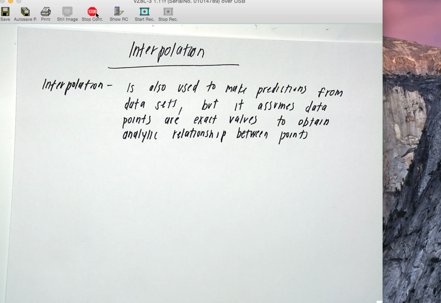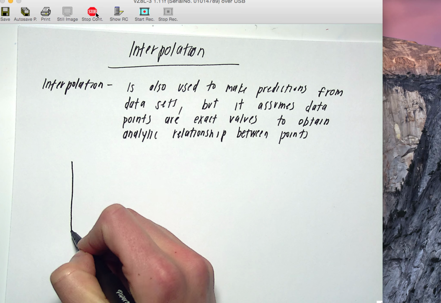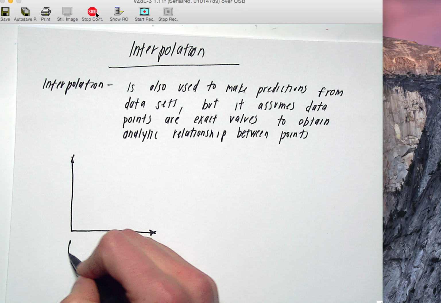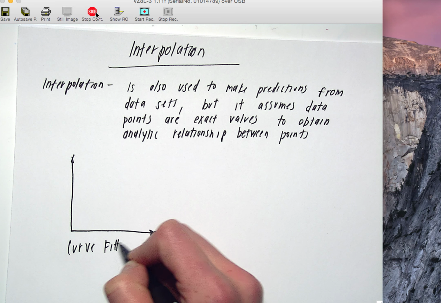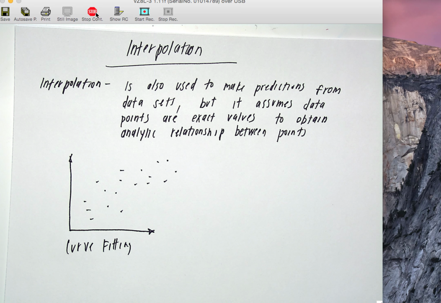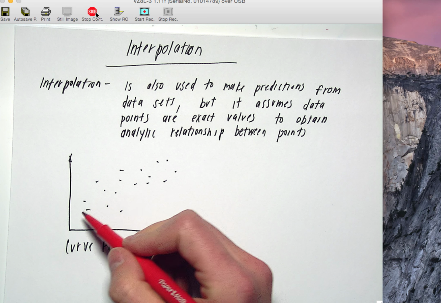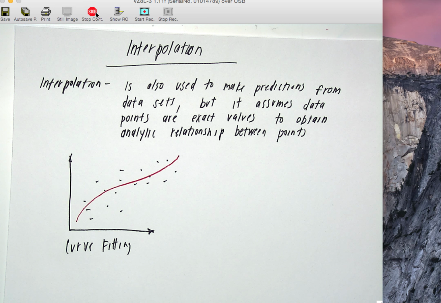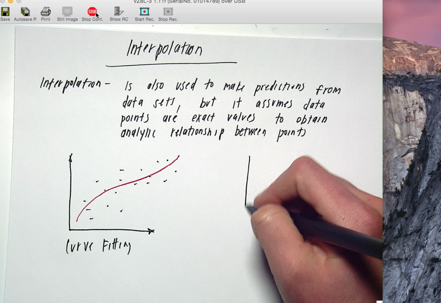So instead of looking at a whole set of data and fitting a relationship to the entire set of data, you're looking at single points that bracket a point of data that you're interested in, and you're looking to obtain an analytic relationship between specific points or in a subset of that whole data. So again, curve fitting looks like this. You have a bunch of data, and you fit a curve to the overall trend,